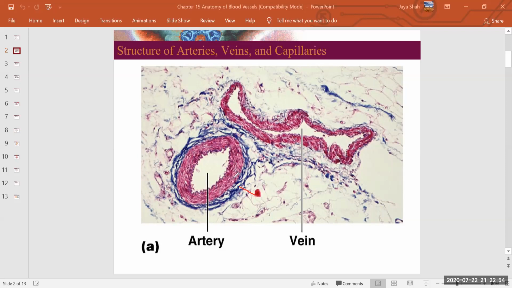This pink thick layer, from here all the way, this one is called tunica media, and it is made up of muscles. And the very thin dark lining is called tunica intima. Okay,